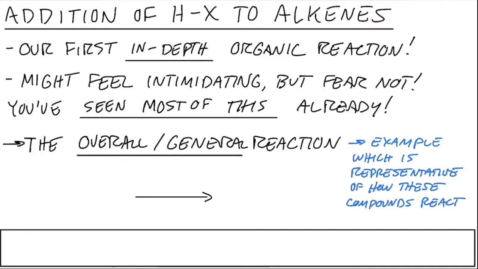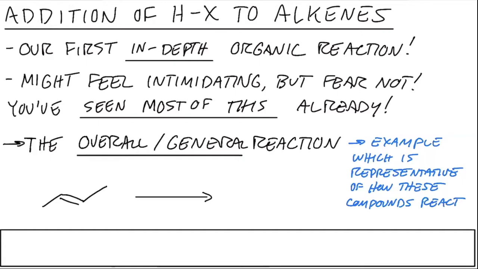So now I'll give the general reaction scheme that shows how HX is added to an alkene. So this is an addition reaction. So I'm going to take my, again, generic random alkene that looks something like this. And now this is not to say that you can only use this molecule, right? It can be any kind of alkene, but this is the simple one that I want to use for this